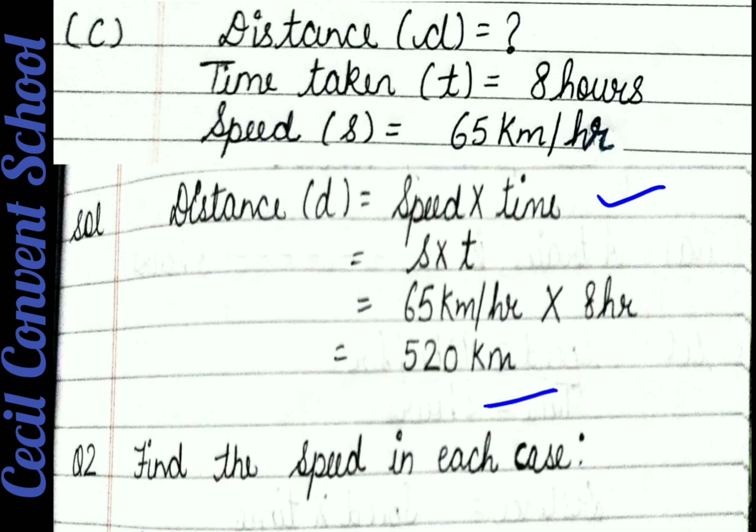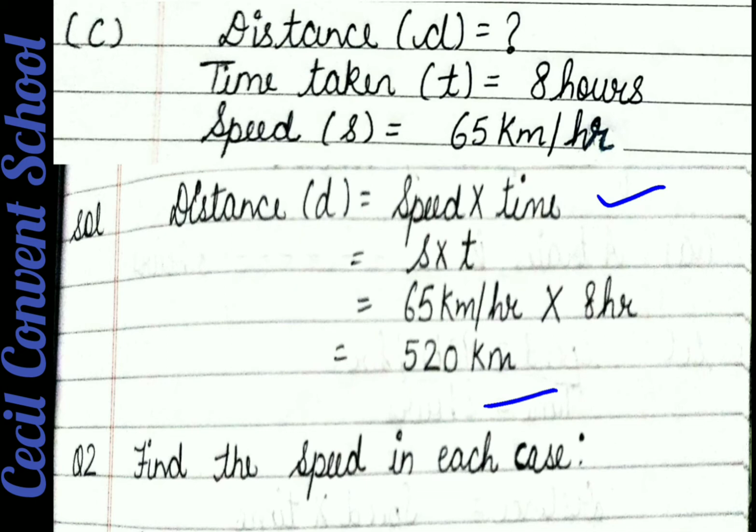Clear this thing? Distance, you know, in the third class also, in fourth class also, you have done distance traveled or covered always in meter or kilometer. Understood? So here the unit of distance is kilometer. So distance units are kilometer or meter. Time units can be hours, minutes, seconds, and speed units will be kilometer per hour, or you can say meter per second. Clear this thing?